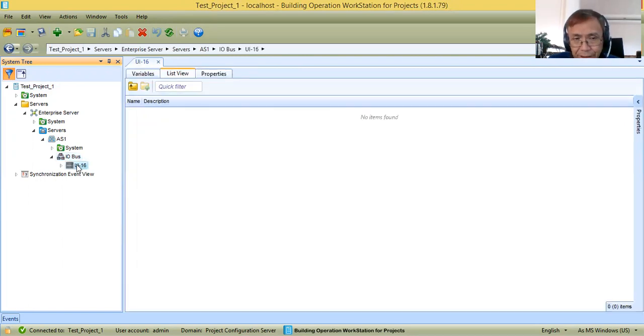Here I already added one universal input IO module, meaning this IO module can monitor 16 analog inputs or 16 digital inputs.